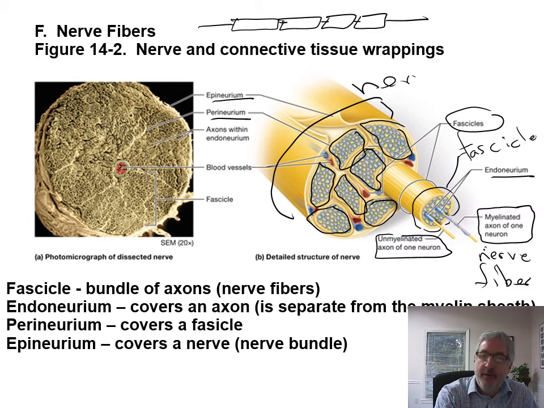Okay, and then you have bundles of nerve fibers are called fascicles, and then each nerve fiber itself is wrapped with Schwann cell, which is then wrapped with connective tissue called endoneurium. So if you look on the left here, you can see the epineurium is on the outside here. Perineurium goes around. Here's a bundle of fascicles there. I'm not sure where the edge of it is there. Maybe it probably goes up across here. And then each one of these,